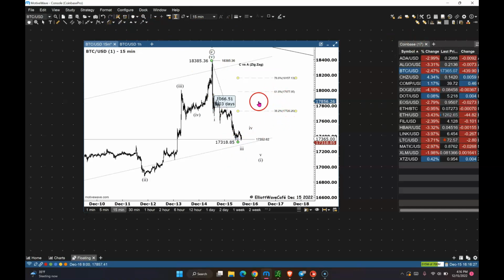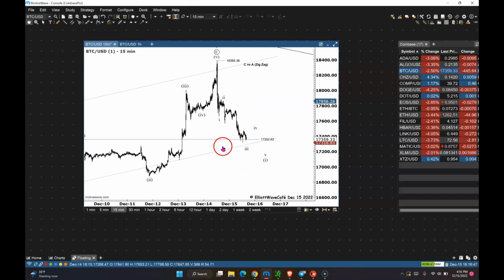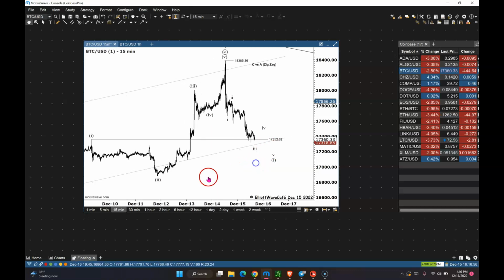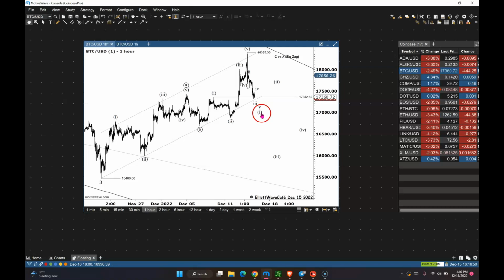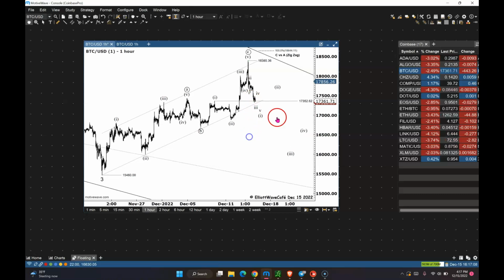And if you're starting to climb higher than this level in here, 17,977, then I don't think it's going to be considered an impulse. I think that's going to be something else, and we have to change things. But for right now, I'm going to go with the idea that this is an ongoing impulsive decline. And by the way this looks, I don't think it's finished. You'll probably finish maybe overnight into tomorrow or something like that. And then overall, we're watching this, and it will give you another opportunity to maybe short Bitcoin on a second wave pullback, after this wave 1 gets completed.